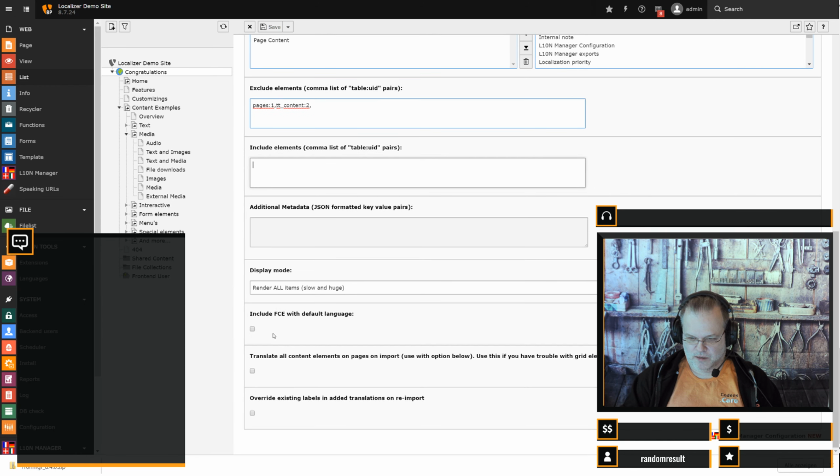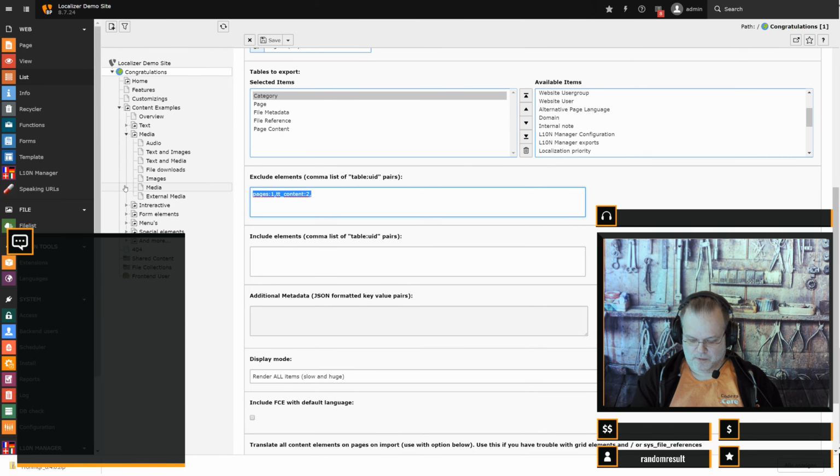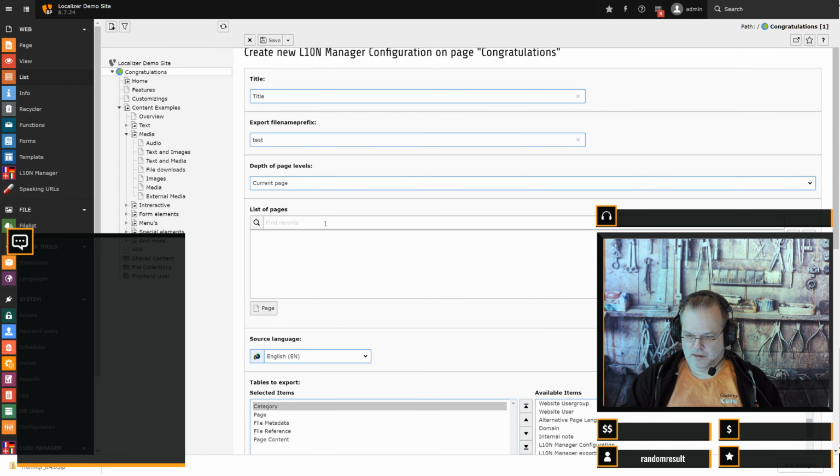And there are some other configurational things here, like override existing labels, translate all content elements on pages on import, which is, in my opinion, not necessary anymore because we already fixed the child relation stuff in Localization Manager and some other configurations. So I will just remove this here now. So we have a basic table setting here, and a list of pages will not be available because we have